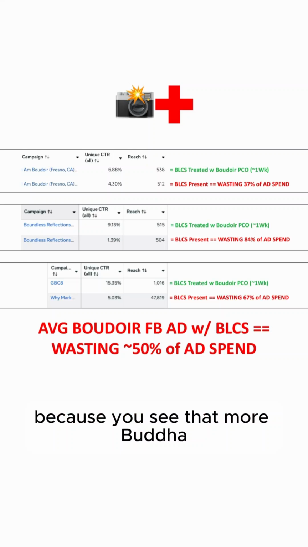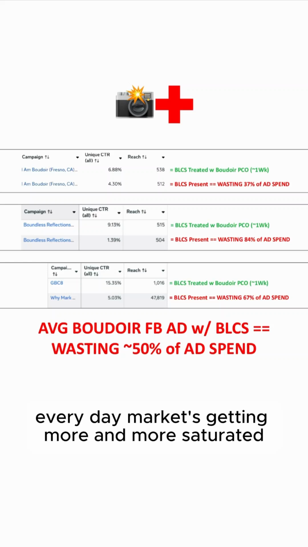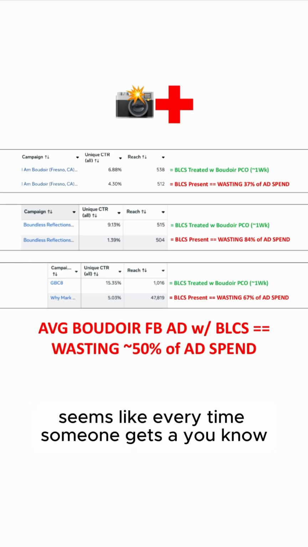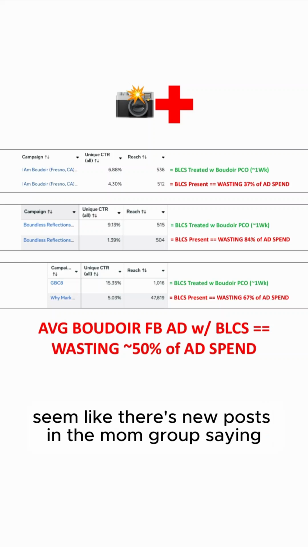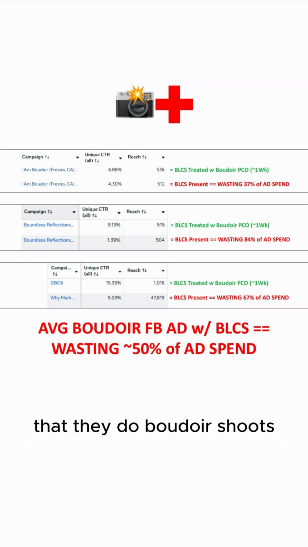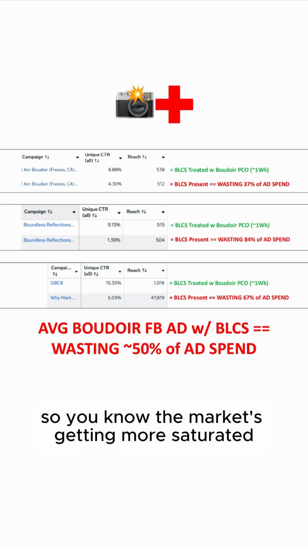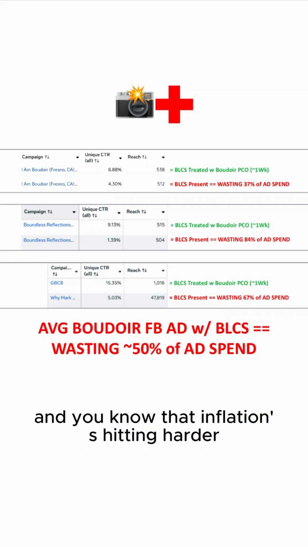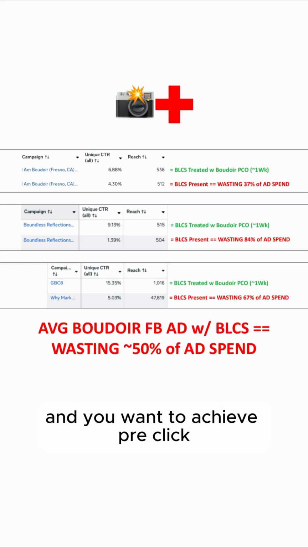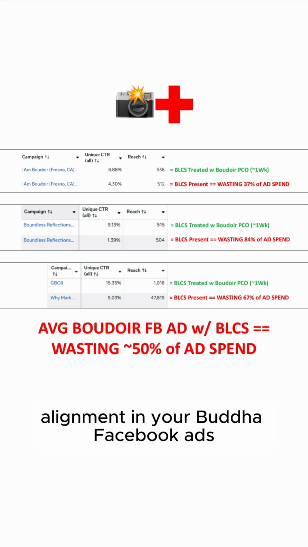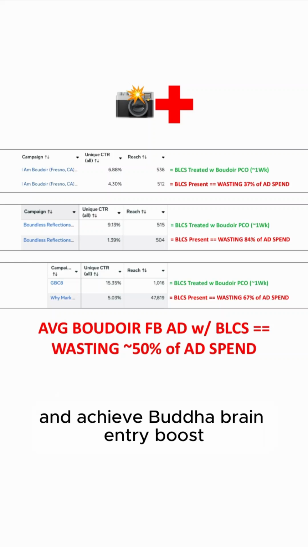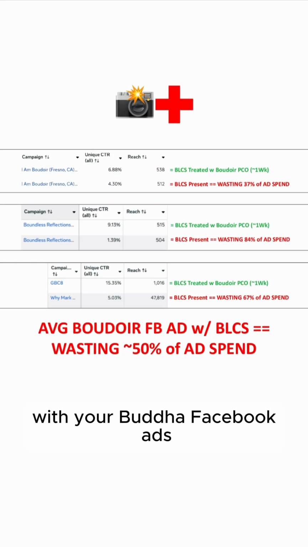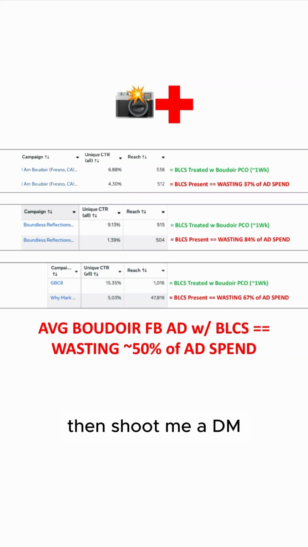Because you see that more boudoir photographers are entering the market every day. The market's getting more and more saturated. Seems like every time someone gets a new iPhone, there's a new Google My Business profile going up saying they do boudoir shoots. Whenever anyone gets a new camera, seems like there are new posts in the mom group saying that they do boudoir shoots. So the market's getting more saturated, and you know that inflation's hitting harder, and you want to achieve pre-click alignment in your boudoir Facebook ads so you can become a dominant boudoir advertiser and achieve boudoir brain entry boost with your boudoir Facebook ads, then shoot me a DM